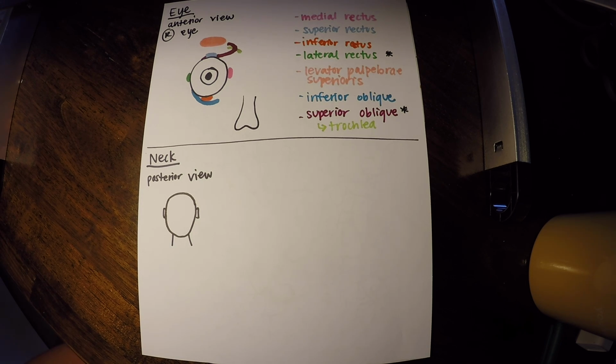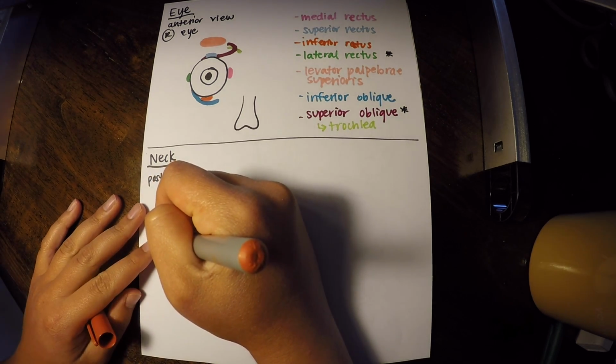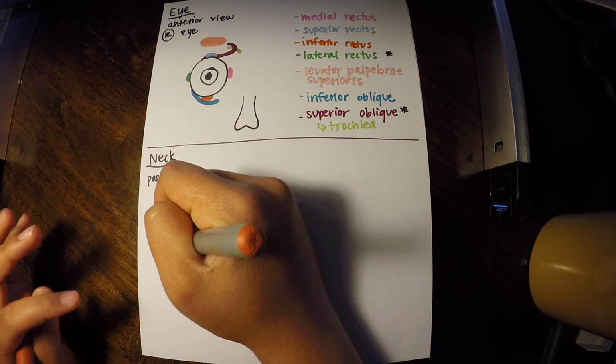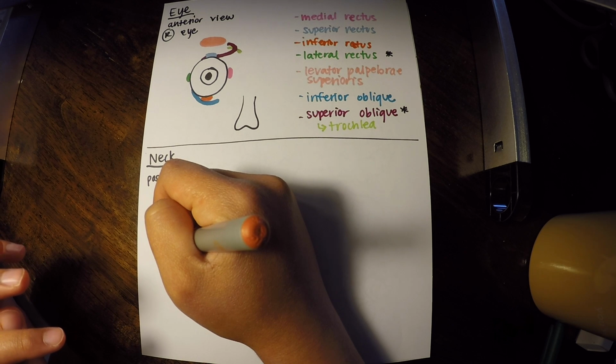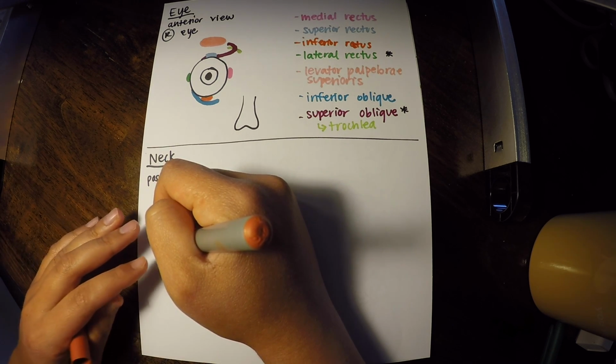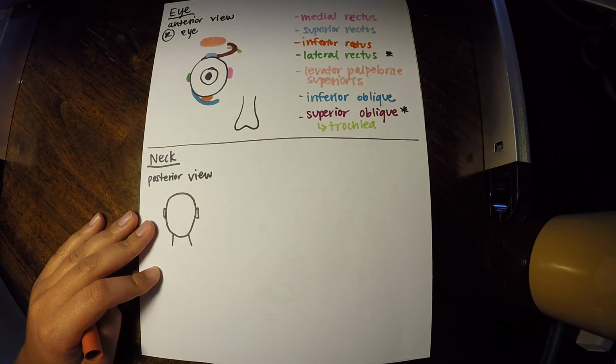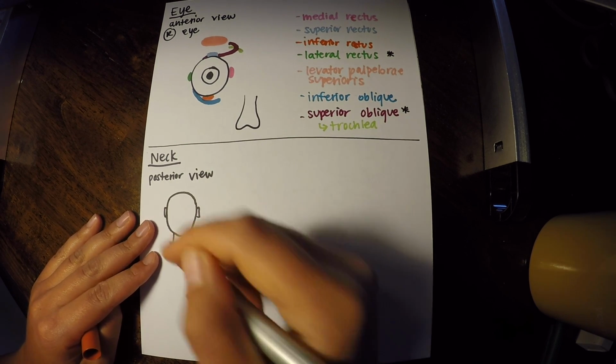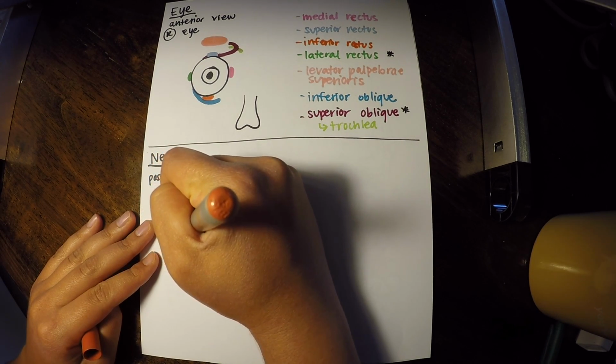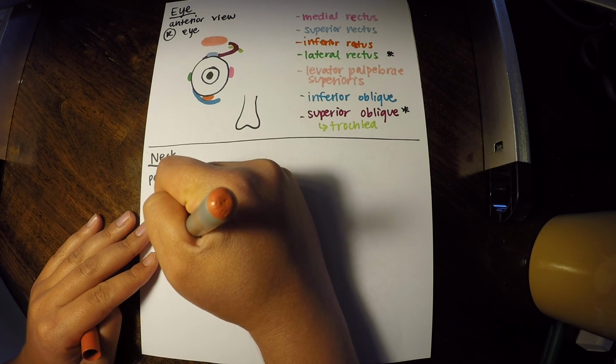So let's draw them in. They go from the skull to the neck, and there's actually a bunch of different detailed muscles, I think there's 8 different suboccipital muscles, but we're just going to learn it as one big group of muscles that goes from the back of the skull here to the neck.